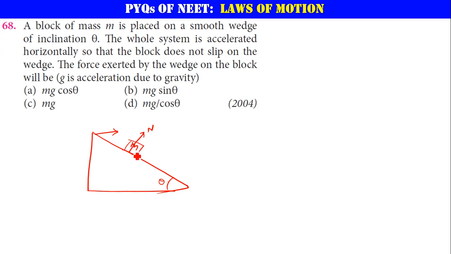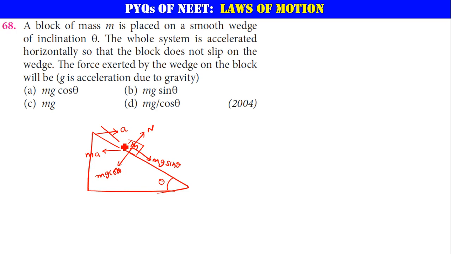One is the mg. Mg will be having two components. I am directly taking mg cos theta here, mg sin theta here, since we have discussed it already. Mg sin theta. And is there any other force acting on it? Because of this acceleration, this guy will be having an acceleration. We have done the same kind of problem in the starting itself. So this A is the acceleration, and the force will be mass times acceleration. That force is pseudo force. We have discussed it already.